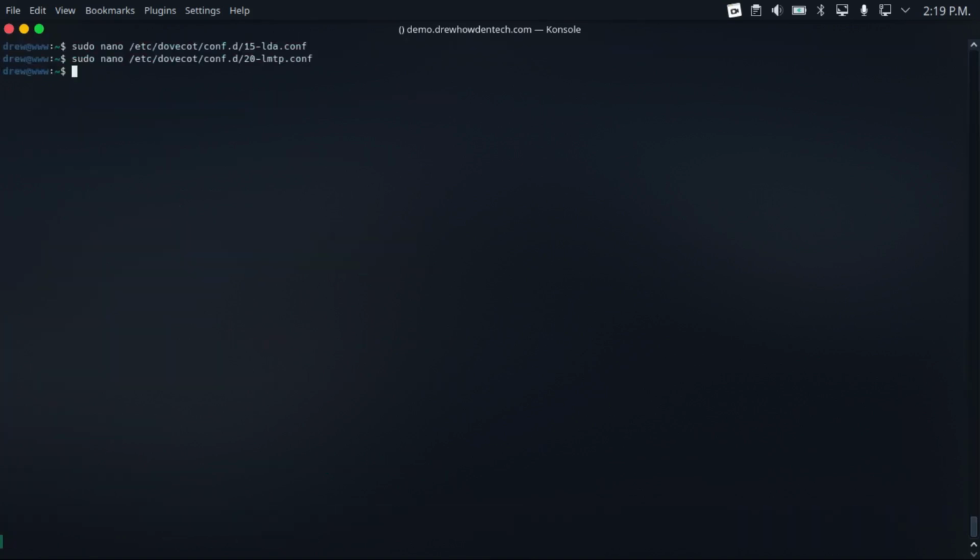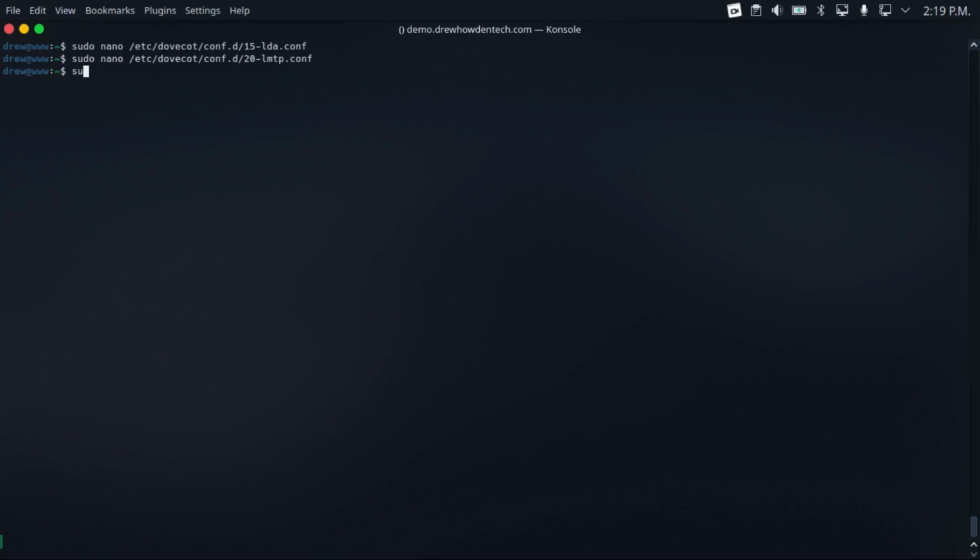And now we've got to write a little sieve script that will find the spam flag that SpamAssassin puts in the header of spam messages,